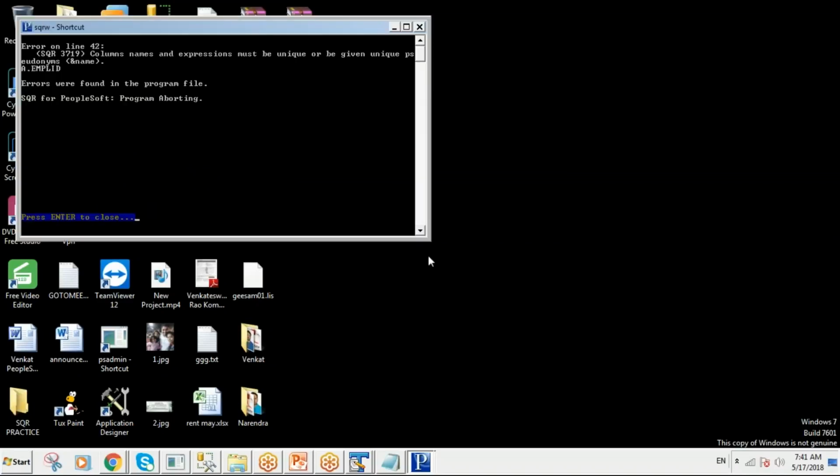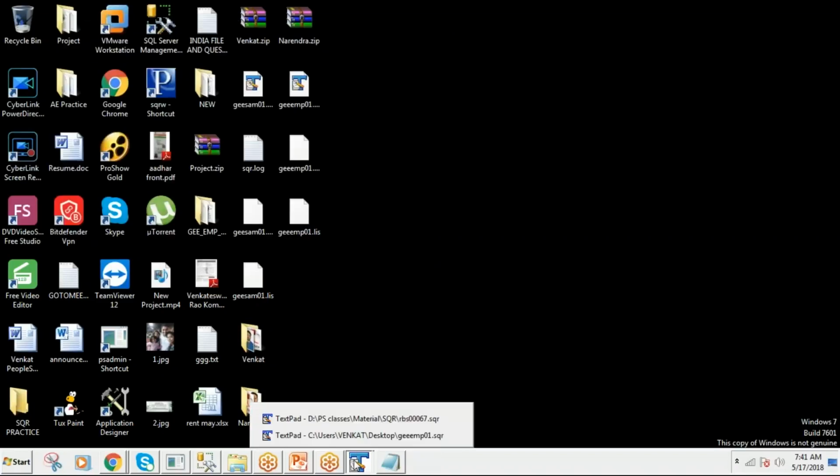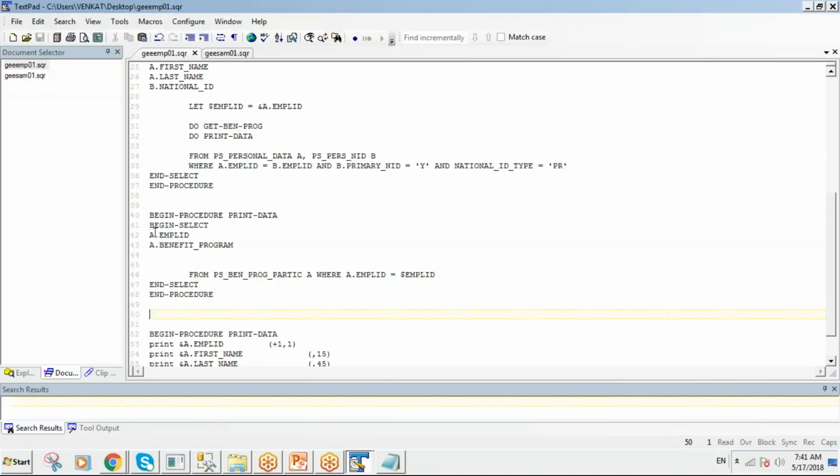Column names and expressions must be unique or given a synonym. Right? That means you have to use some different synonym here. Let us say benefit program P. P dot employee ID, P dot